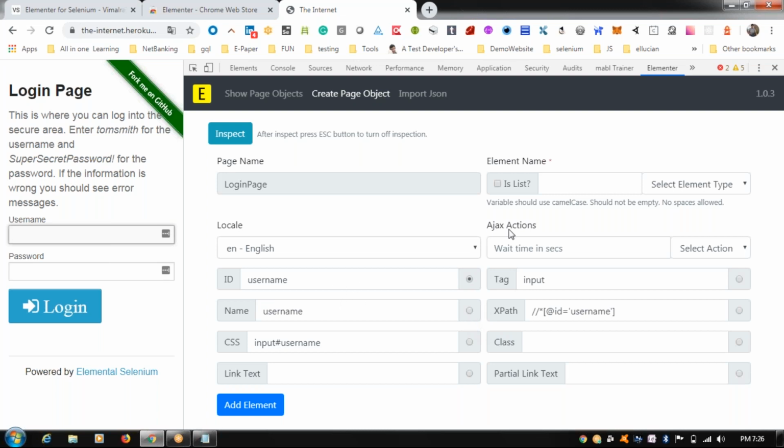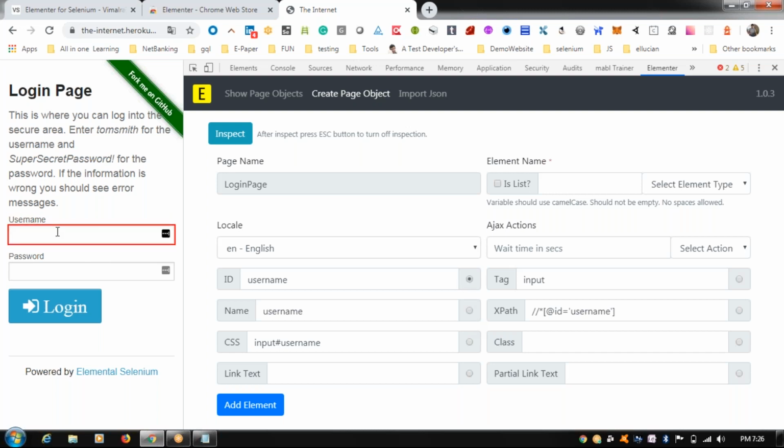And a good option is that you don't have to take just one of these. You can take whatever you want, because when you are going to end it, you can export it. There is an option to export it. So I would like to choose as per my desired needs. I would like to go with ID. If you want to go with name, just click the name radio button. As of now, I would like to go with input.